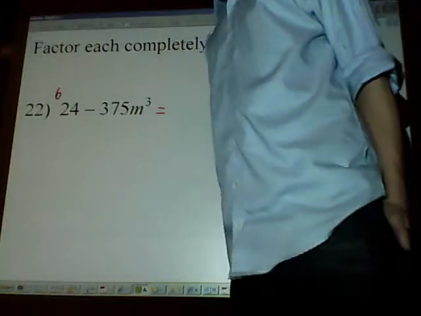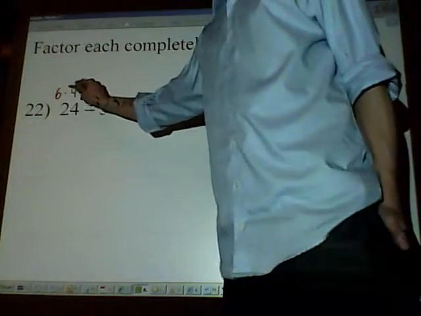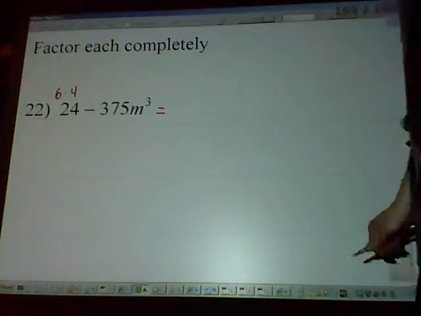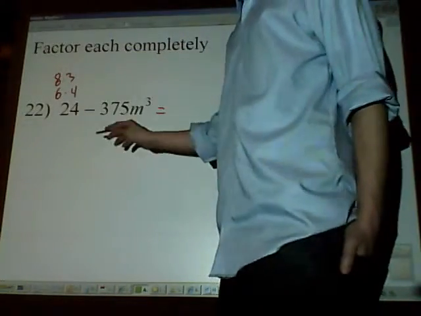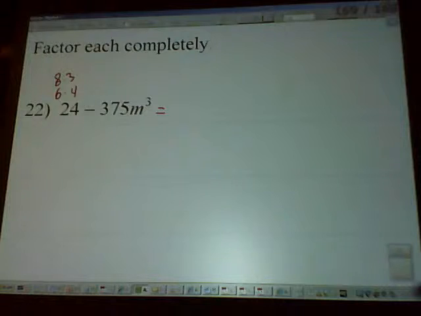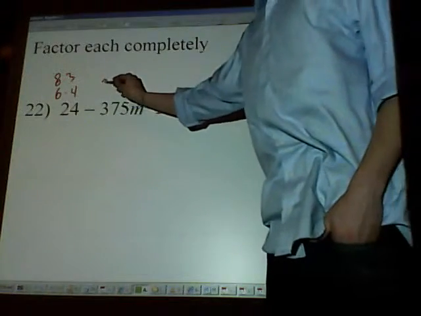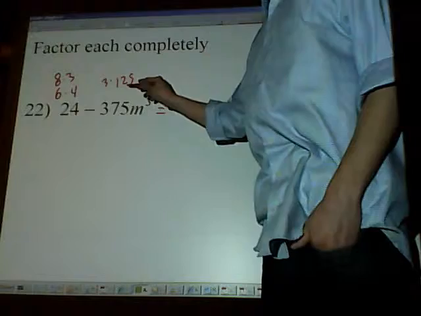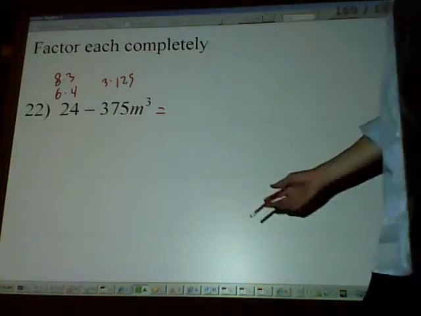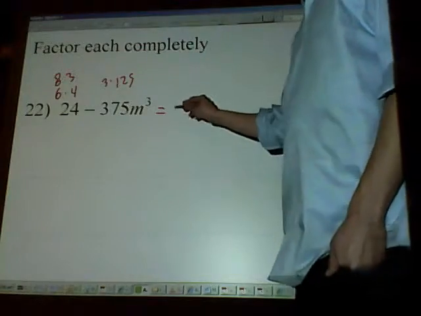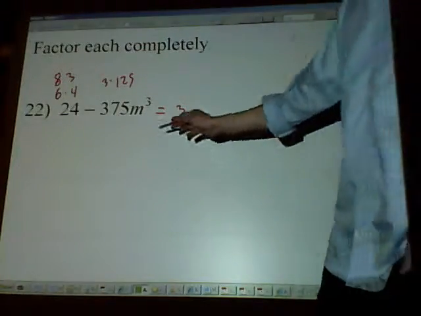So what do we have? We have 6 times 4, and we have 8 times 3. Which one of these is probably going to get us something with a 375 on it? Probably something with the 3, right? So we see, oh, well, wow, look. 3 times 125 is 375, right? Cool. So we know that I could factor out a 3, and that makes my life a little easier